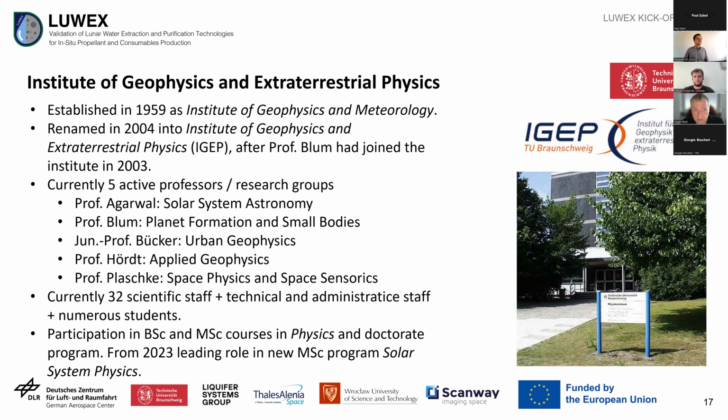We have currently 5 active professors. We have a few retired and a few external professors as well. It's Professor Agarwal, who does solar system astronomy. My main field is planet formation and small bodies, including the moon. We have junior Professor Bücker, who does urban geophysics, Professor Hurt with applied geophysics, and Professor Plaschke, who teaches space physics and space sensorics. The staff is currently 32 at the institute